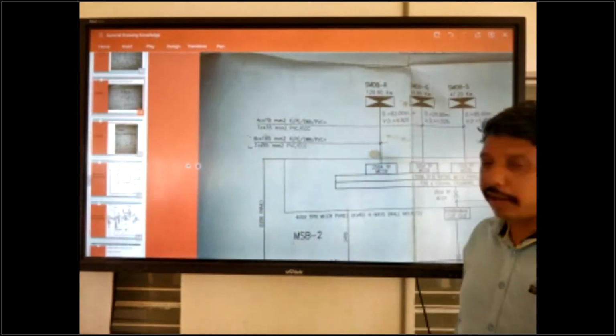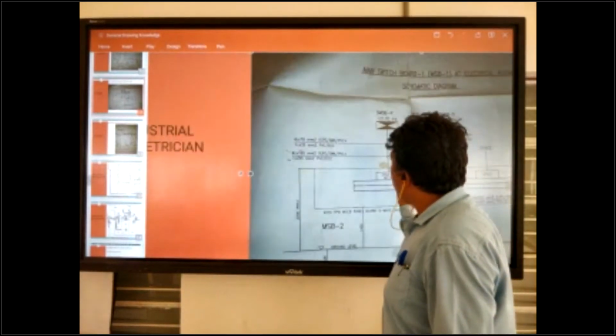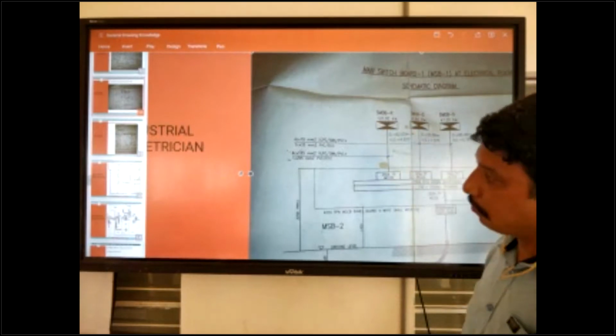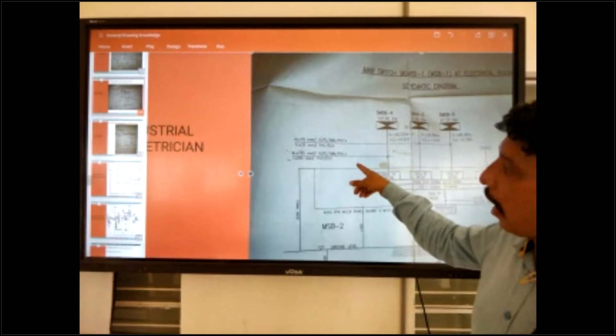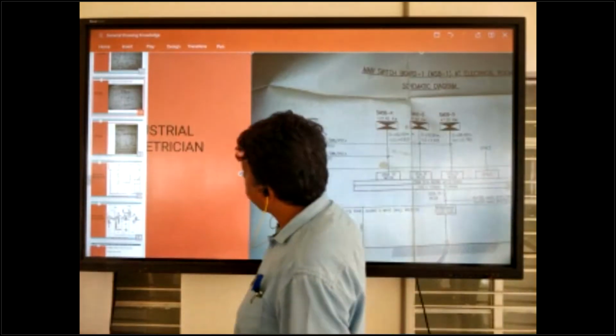Welcome again to our second class, all of you. Just before, we were talking about the diagram of the SMDB. Okay, so SMDB we have completed. And next one,